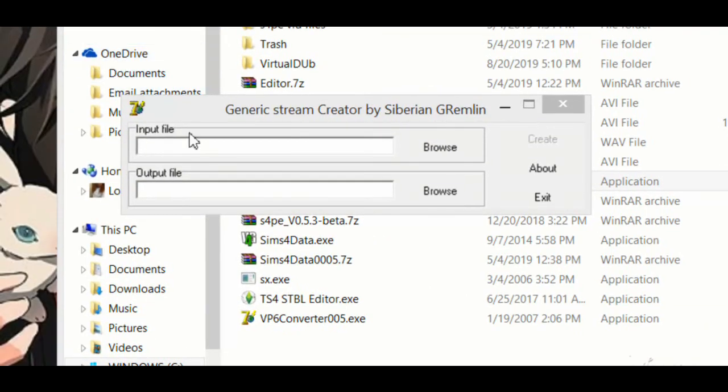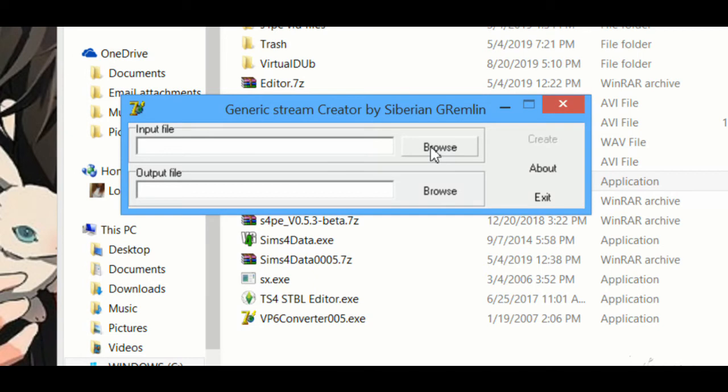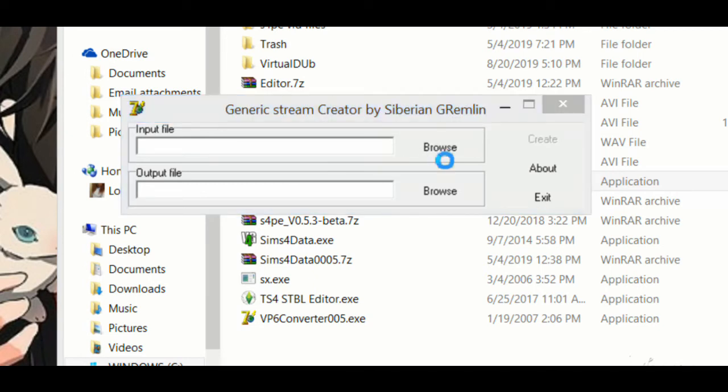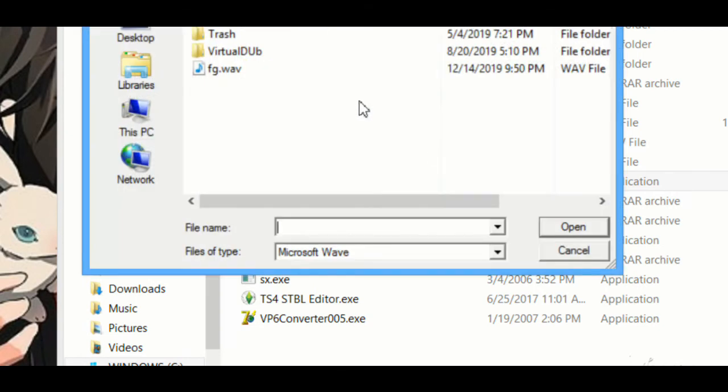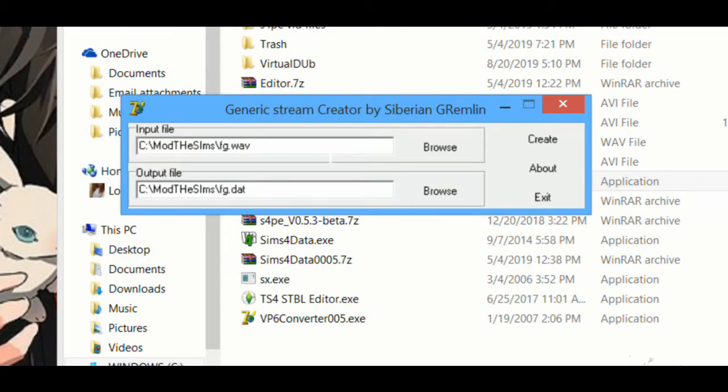Okay, so you have this come up. You're gonna browse for that WAV file that's in that. You're gonna browse that, click it, open it, and so here's when you're gonna put in the bolded words that are in the tutorial. So what you're gonna do is quotation marks,